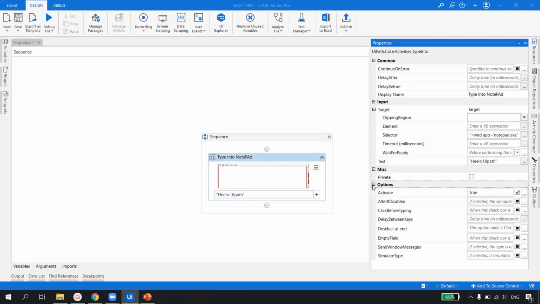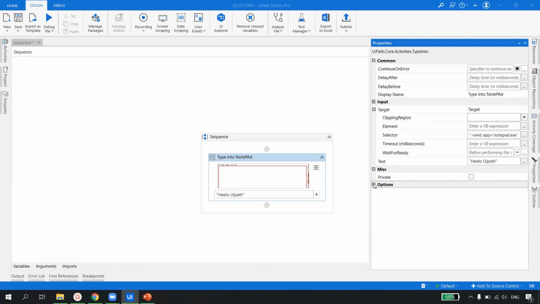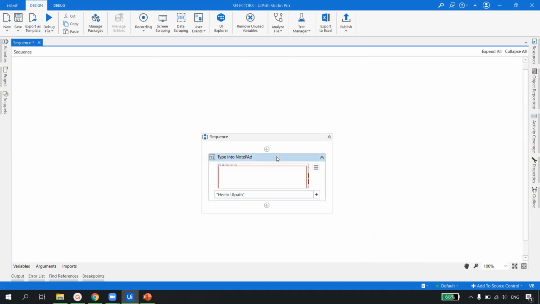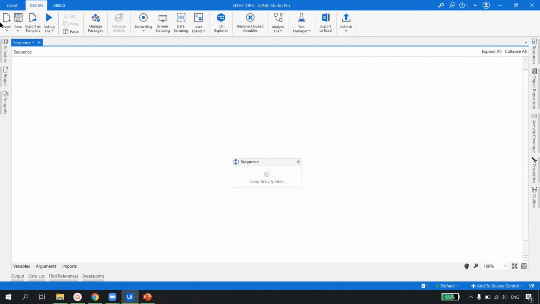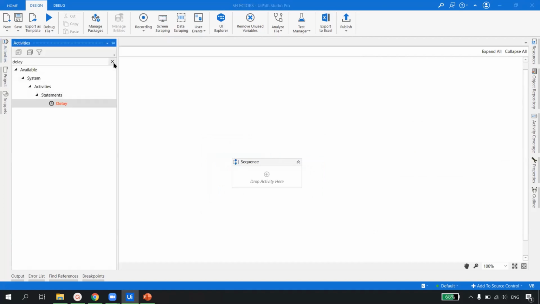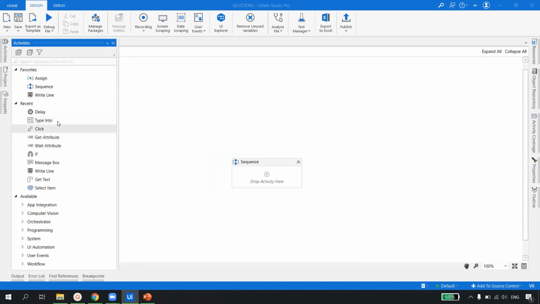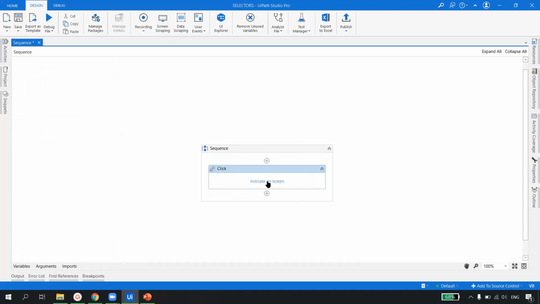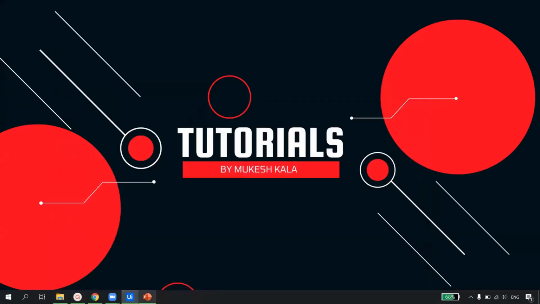Now we have these options. We will see these options in a little while when we see the input and output options. But as of now, these two are the properties which you will find for everything. So let's say you are writing an automation. After this, I want you to share your screen and we will develop the automation on your machine only. Assuming that I want to click somewhere, let's say I go here and I click on this button.